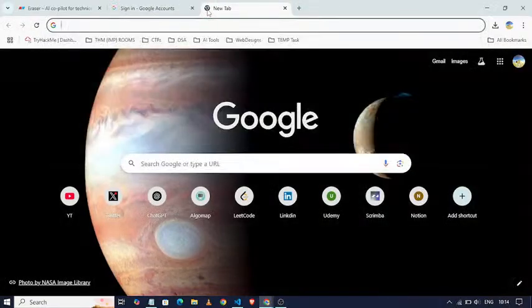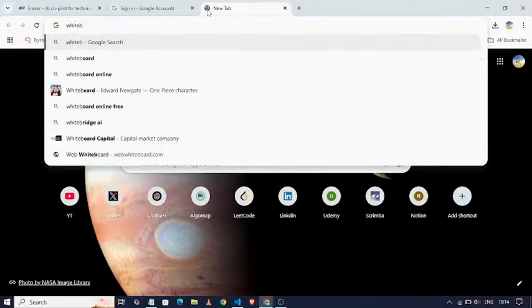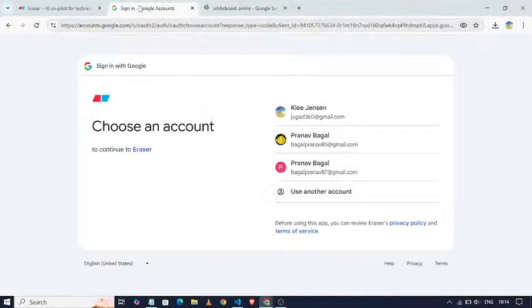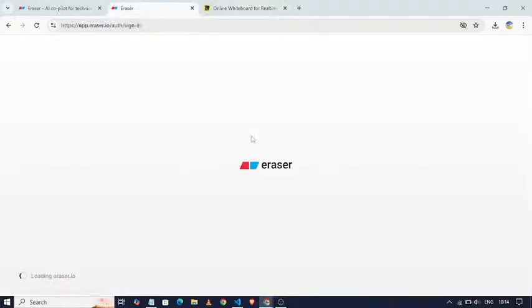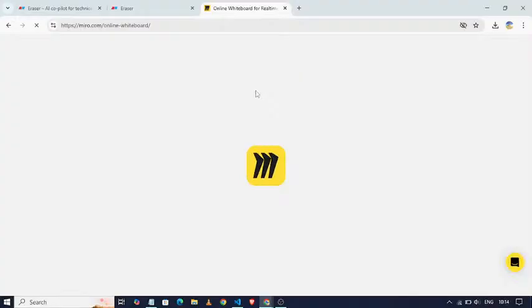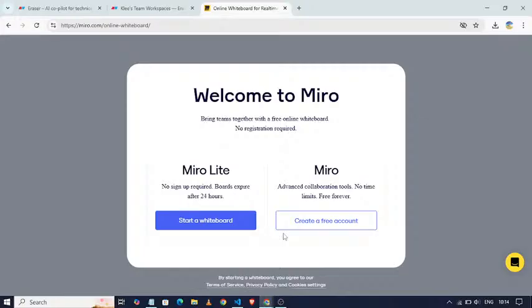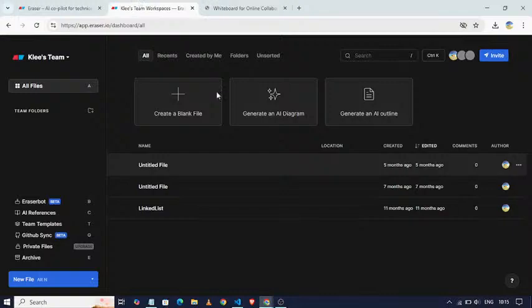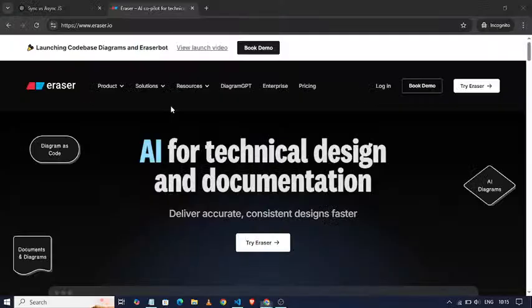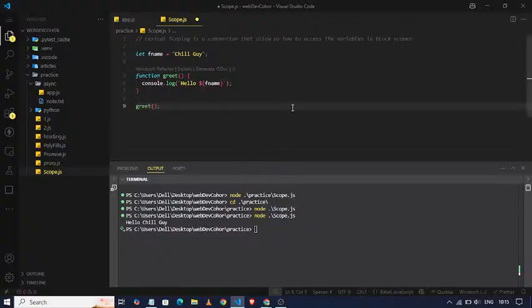Let me just use whiteboard. I don't want to log in to whiteboard. Yes. So, inside this code, what happened was